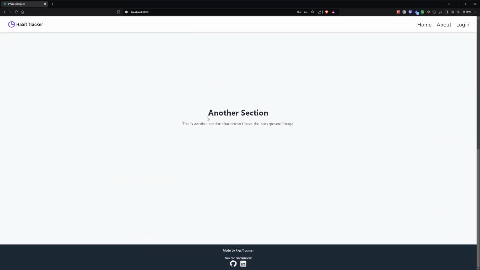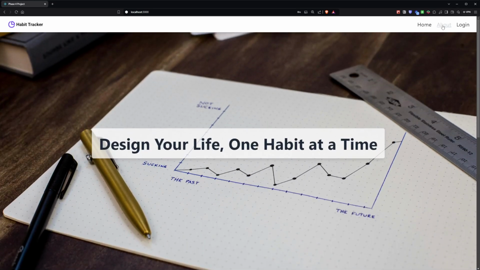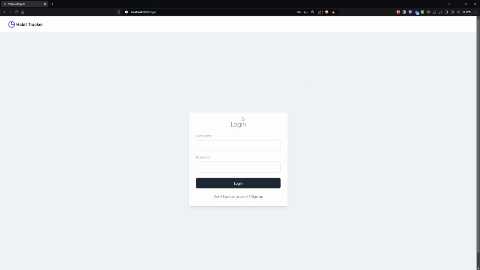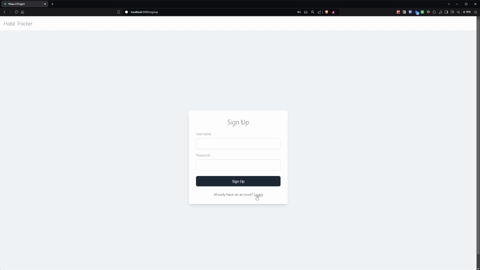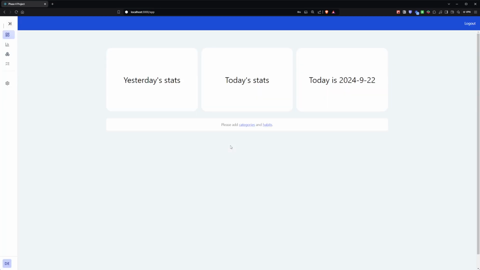We still have some more work to do, so this project's not completely finished, but this is where it's at so far. You have an about page, which gives more information about the project. We have a login page. You can either enter some already existing credentials, or if you don't have an account, you can just click sign up and create an account that way. But for the purposes of this video, I have a demo account, so we will launch that, and it loads